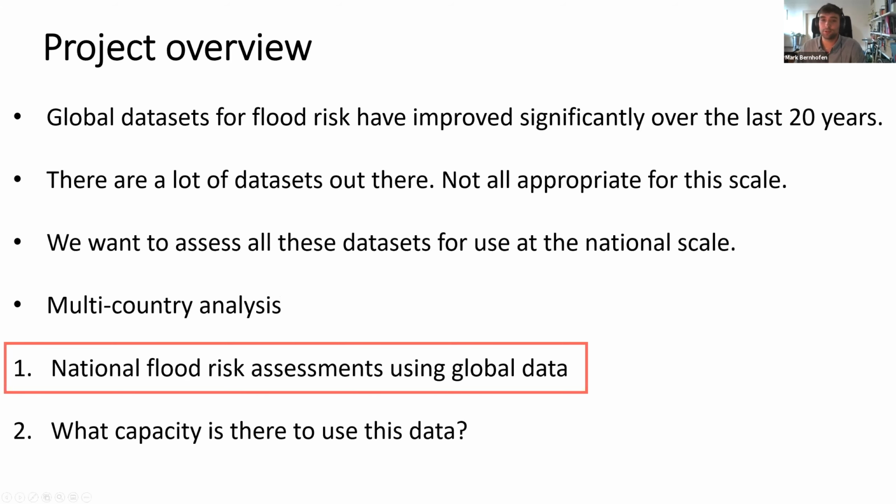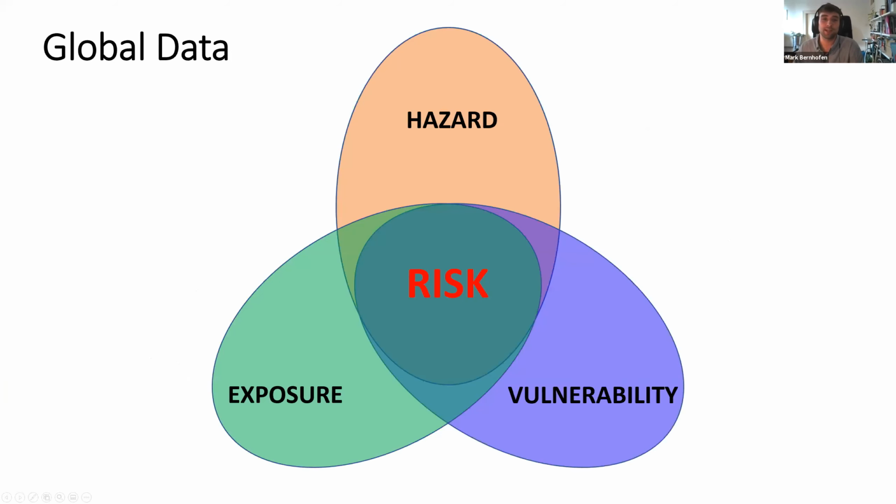So now to take you through my part of the analysis, what global data are we using? So we're using data sets that fall under the 3 components of risk. So hazard, exposure, and vulnerability. And our criteria for choosing the data sets is that they have to have been used in previous studies of global flood risk. And they also need to be easily obtainable by the end user. So either they're freely available to download online, or the developer is happy to share their outputs with potential users.